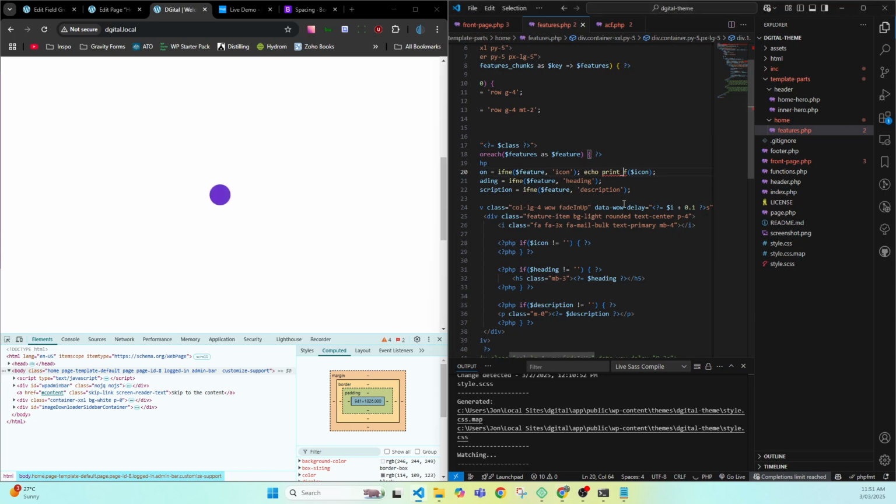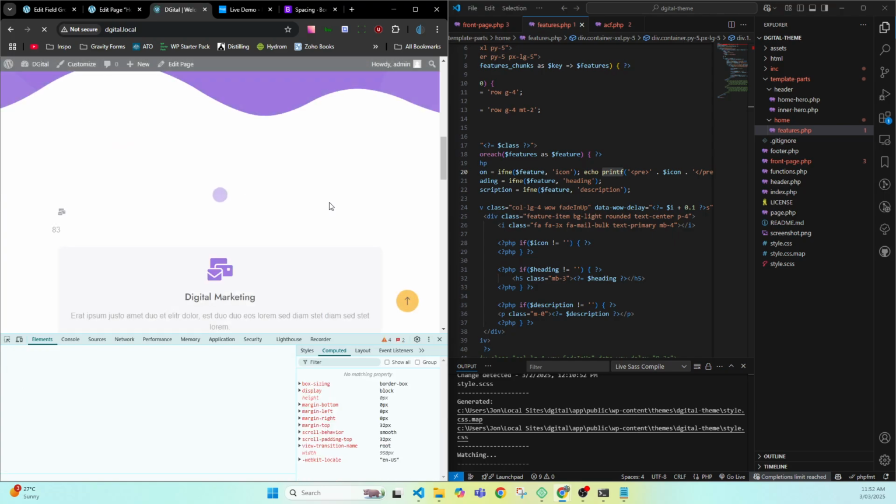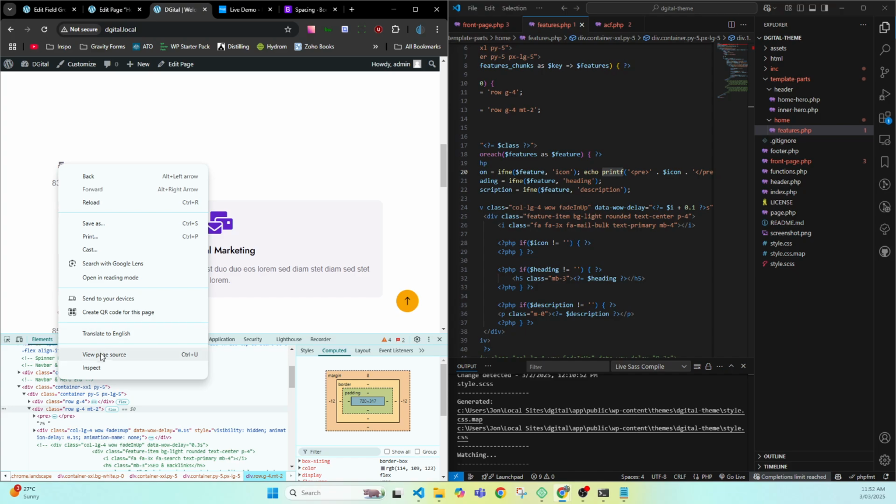Maybe it's printf like that. What am I doing wrong? Here we go. Let's just undo that. That's probably C or Python or something I'm doing. No, it's still outputting, but we're outputting it as